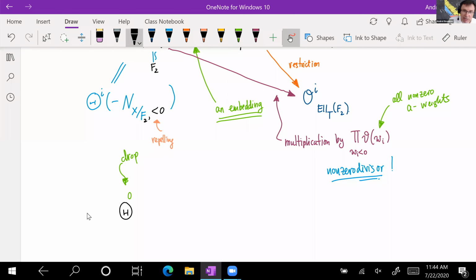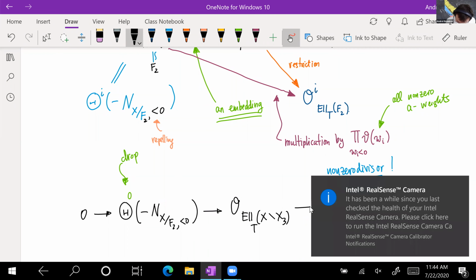We're worried about some line bundles, and we don't worry about these line bundles being zeroth terms in some complexes. So we have minus theta bundle of X over F2, which goes to O of elliptic X minus X3, and then goes to